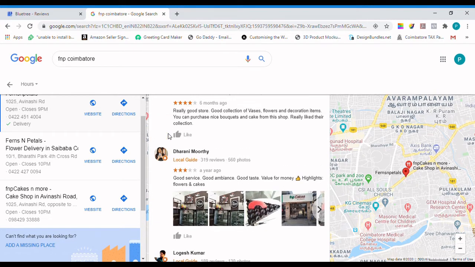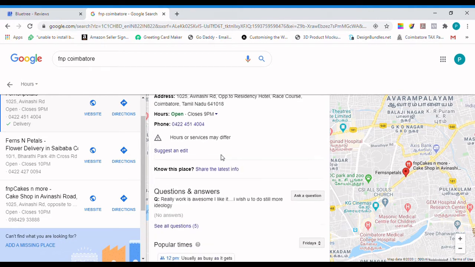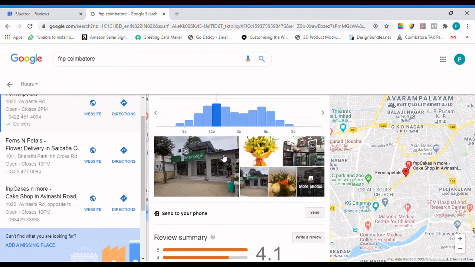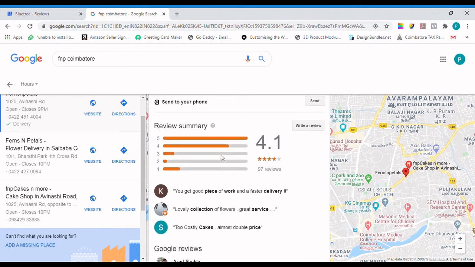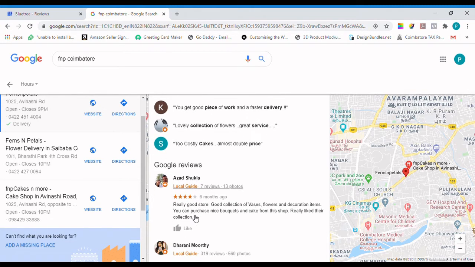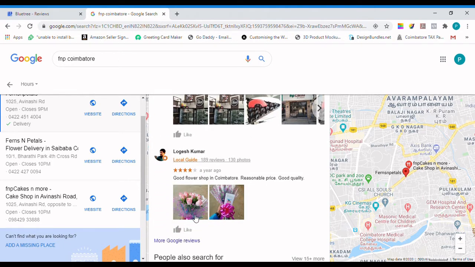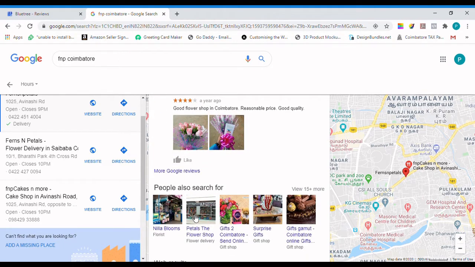This company has got a rating of 4.1 out of 5, which is pretty good. New customers will come and look at the reviews submitted by other customers, and then they'll also shop for products from your company.